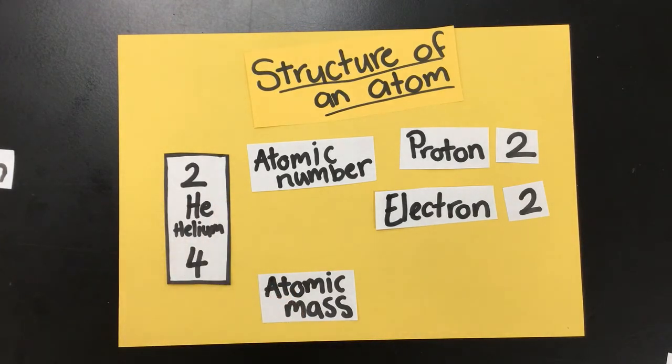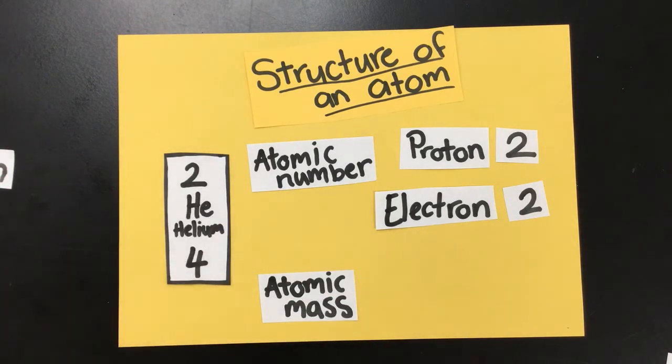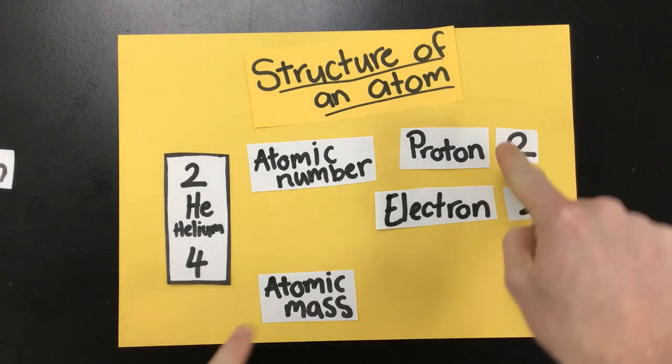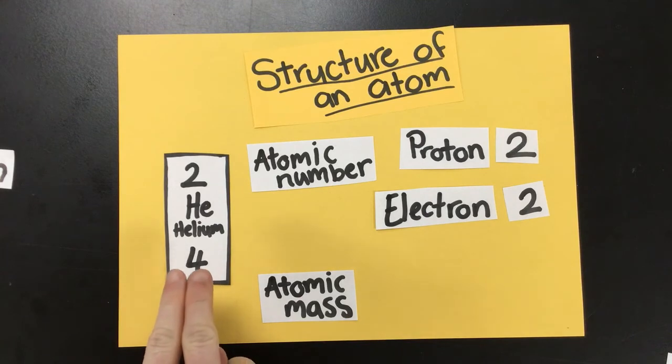Now, how on earth do we figure out our neutron? Remember how I said my neutron likes to chill on the bench? Well, consider my atomic mass, that's this number down the bottom here. It tells us how many players are on one team. Remember, the team's name was called the nucleus. My proton and my neutron make up my nucleus team. So if I know that I have 2 protons and there are 4 players in that team, I can sort of work out how many